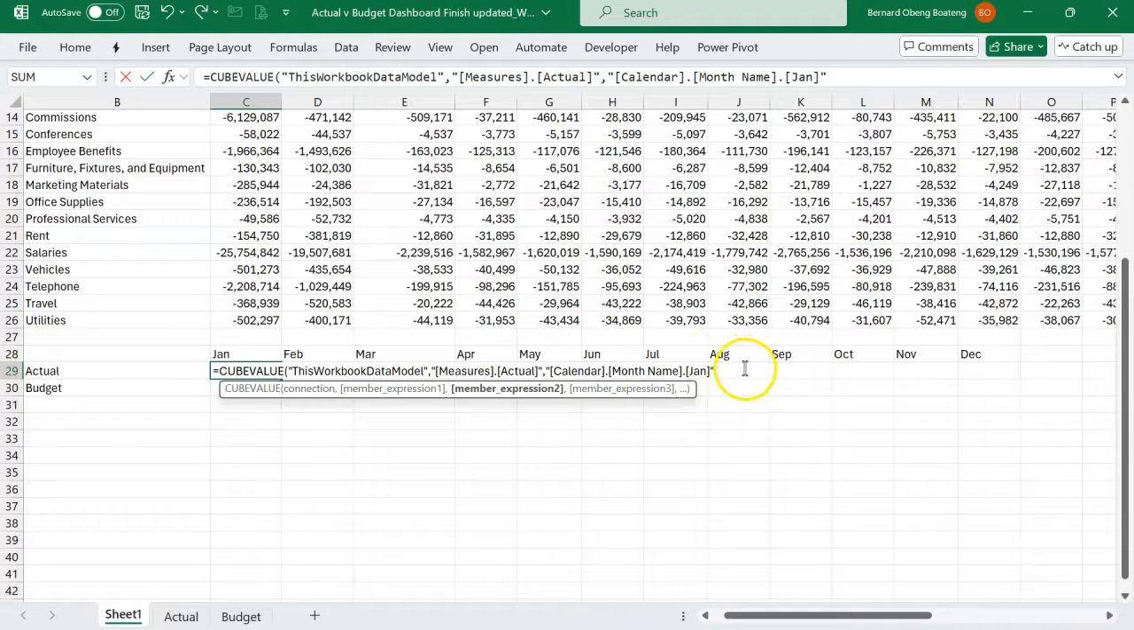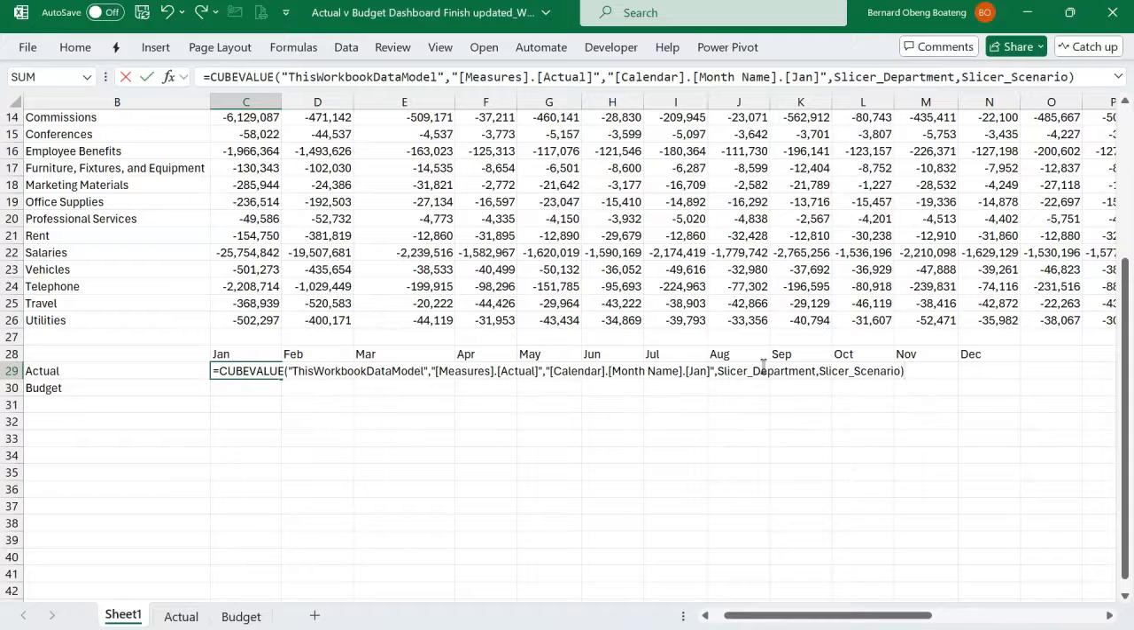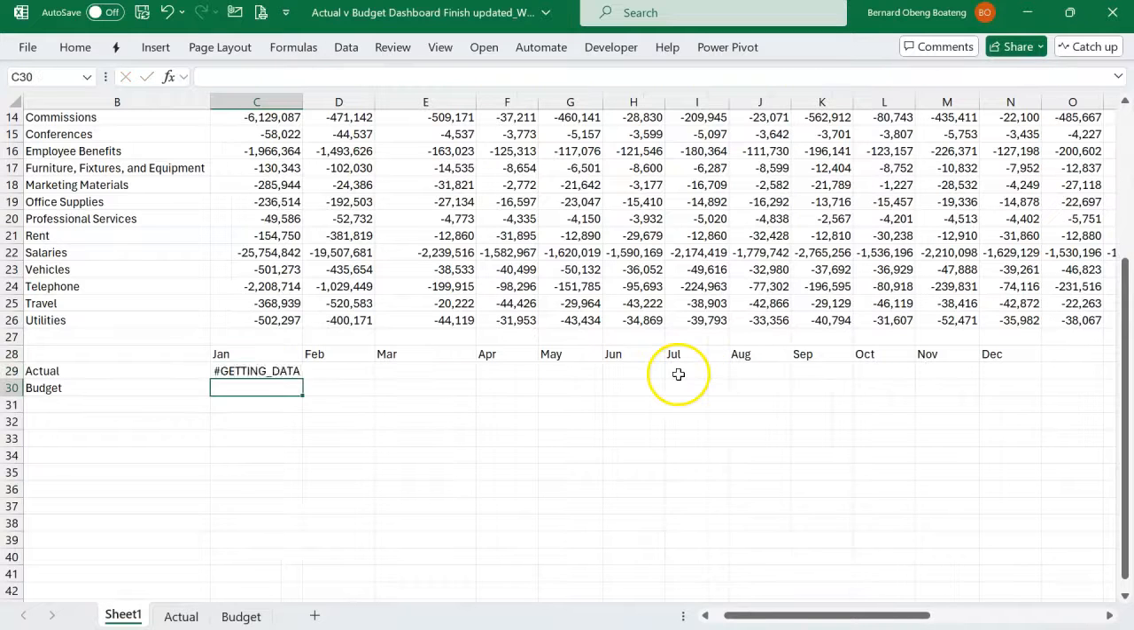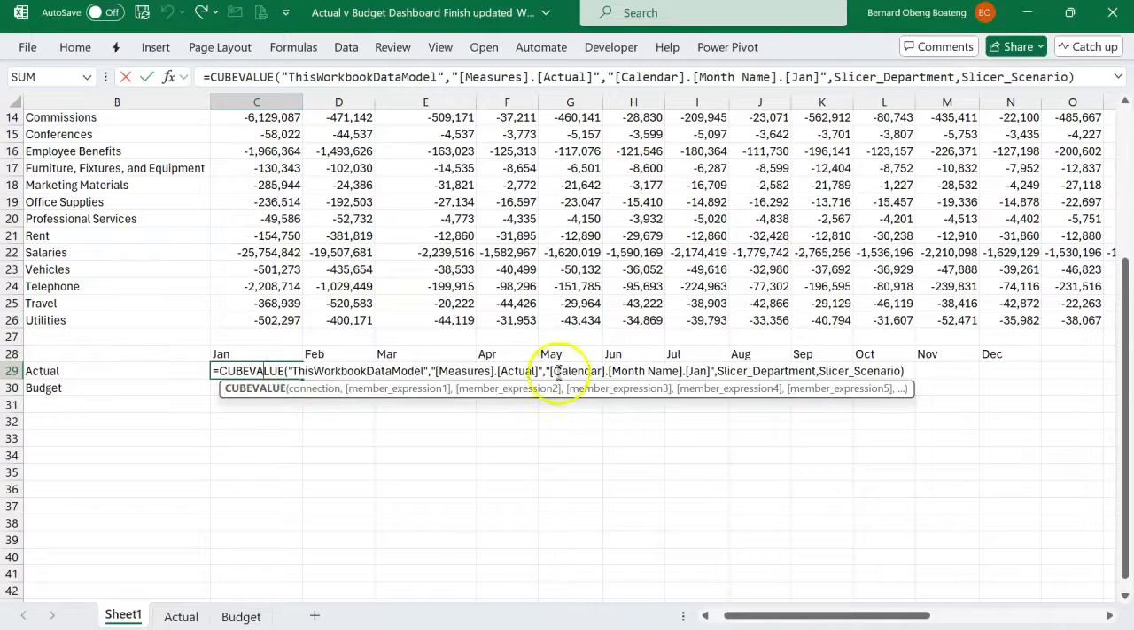We also want this to be broken down or filtered by the slicer. So I'll bring a comma and then introduce my slicer department, and then also introduce my slicer scenario. Okay, so this is my original formula. Now, it gives me the actual for January, which is 9 million, but I want to copy this formula right